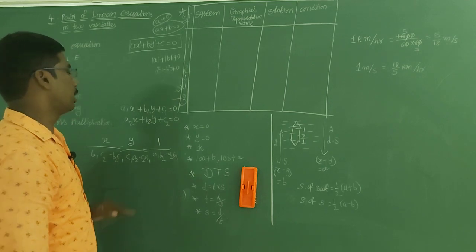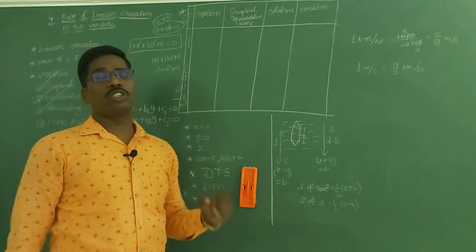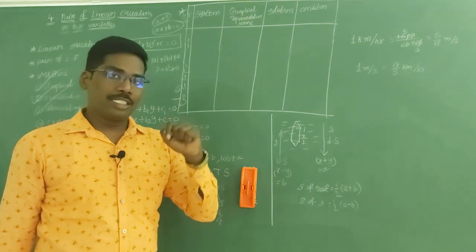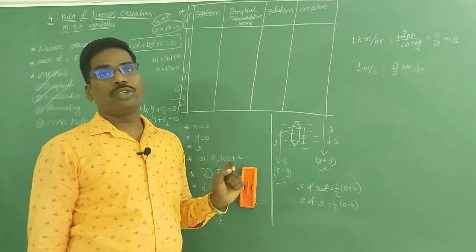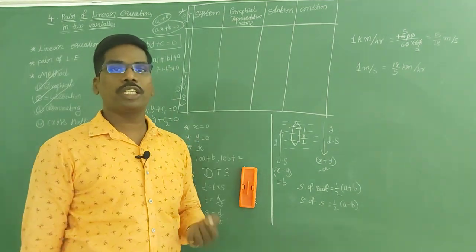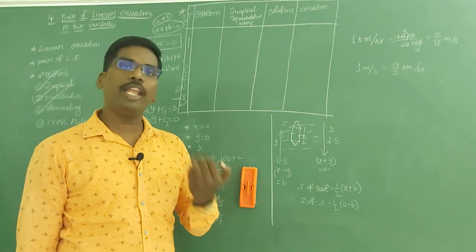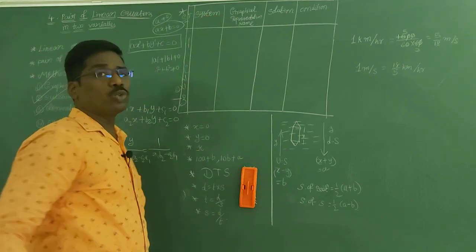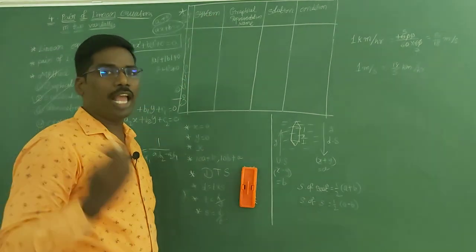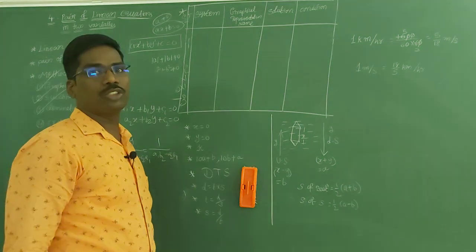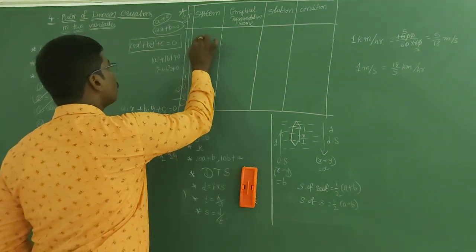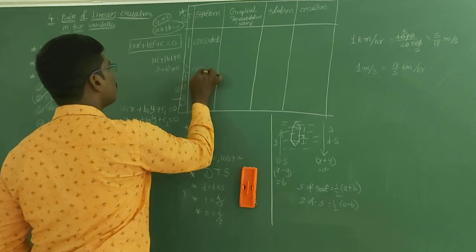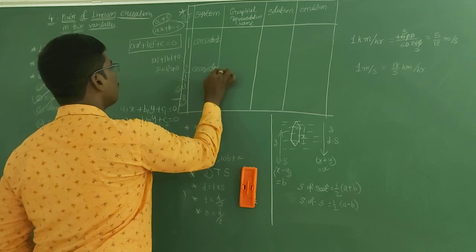Now we are going to discuss three important formulas. You will easily remember these three formulas by seeing this video, because I am going to explain first, and after that I am going to say a shortcut to remember these three formulas very easily. Now let us take this one, systems. We have two systems. If it has a solution, then consistent. If it is not having a solution, then inconsistent.